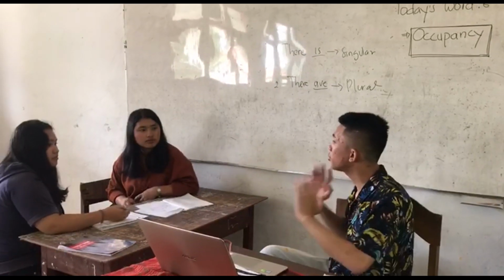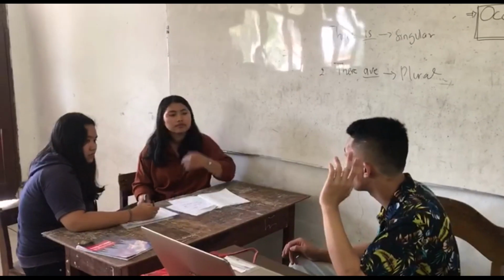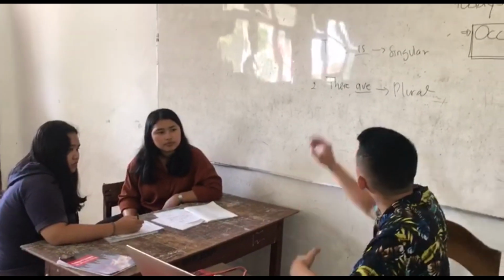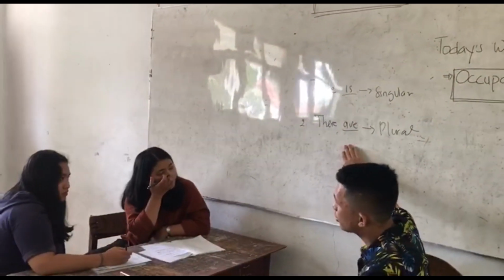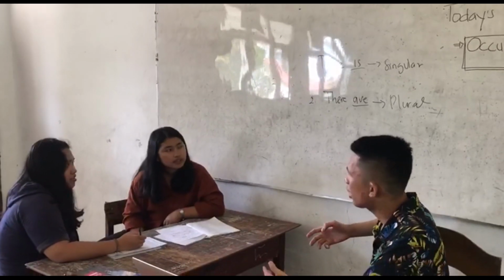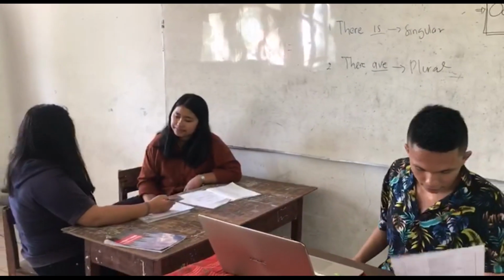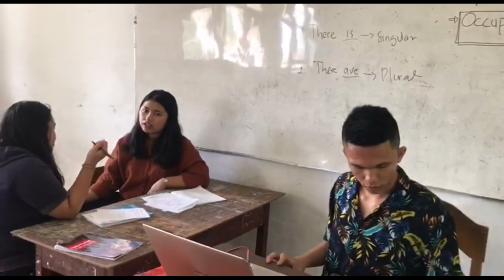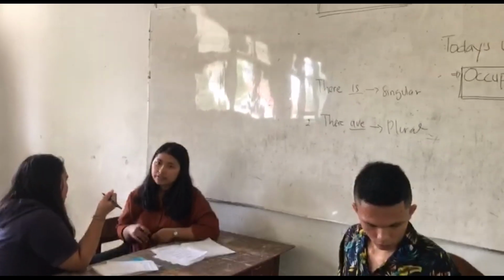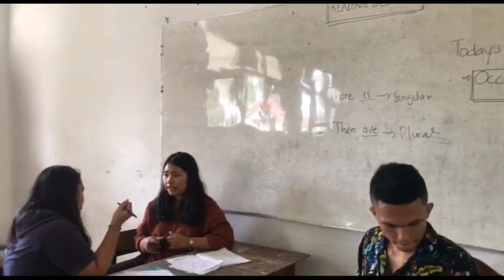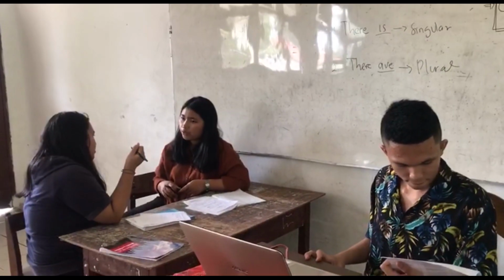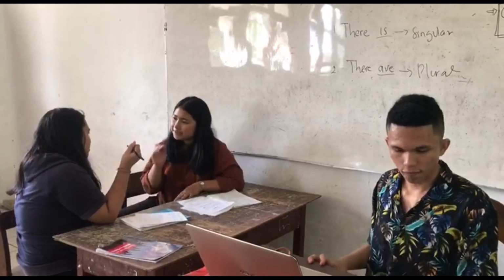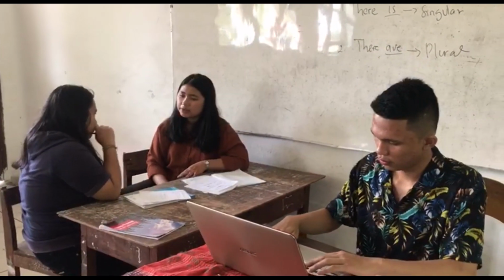Guys, please remember when you are describing your bedroom with your peers, please use there is and there are. Try to practice it, okay? Okay, please do so. I want to tell you about my bedroom. The color is pink, and there is one blanket and one person in this place. This place is beautiful because